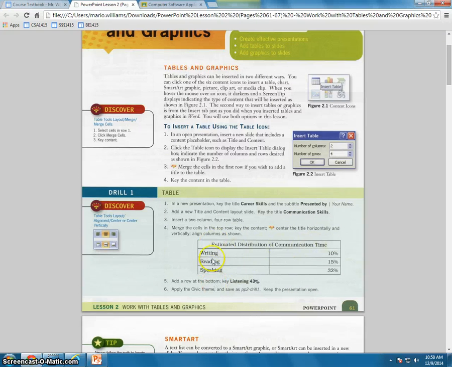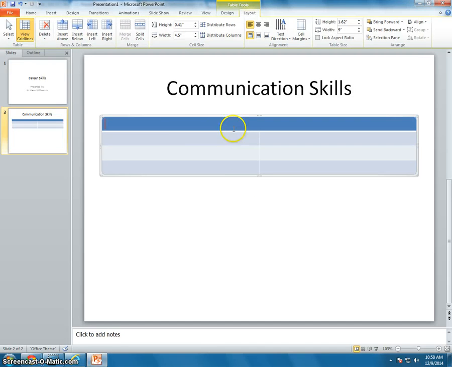We're going to type this information, and notice that column A is left aligned and column B is right aligned. Okay, so in the title, it's estimated distribution of communication time, and they want us to center it